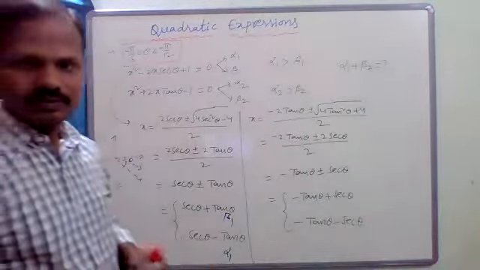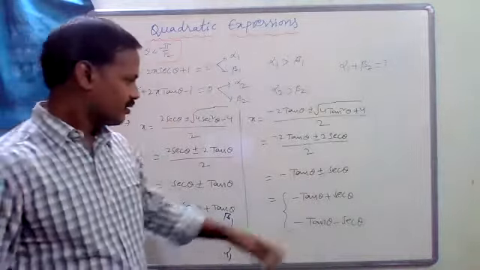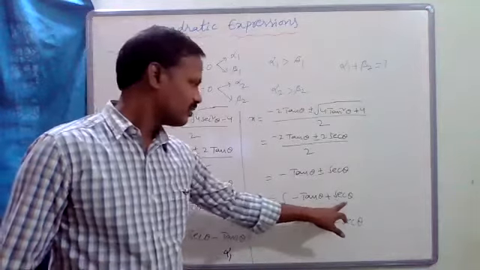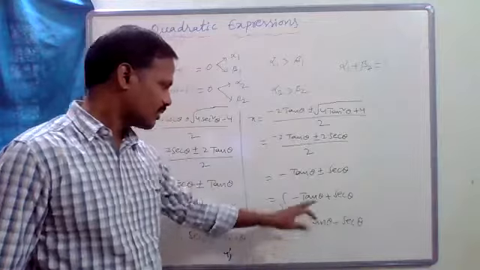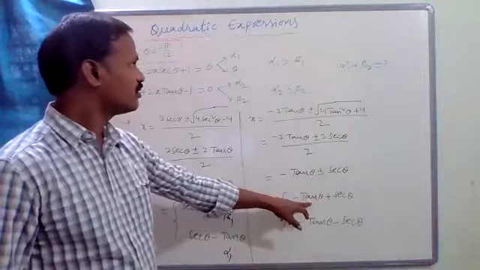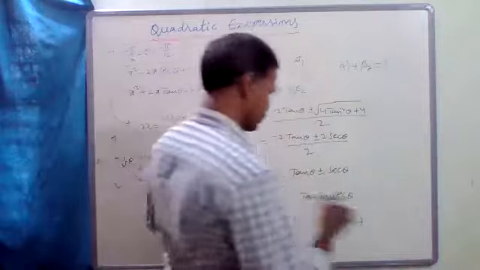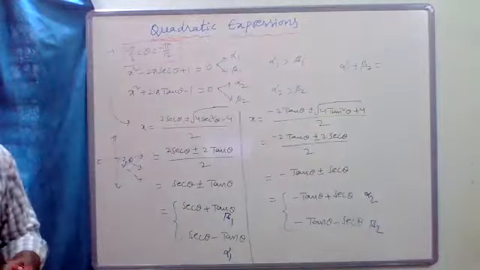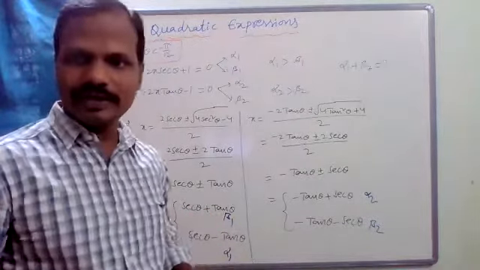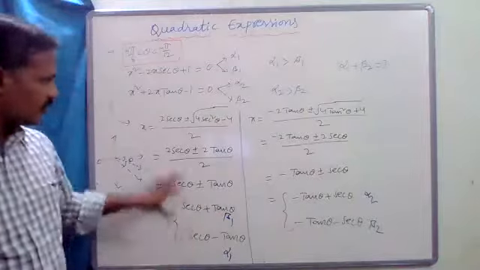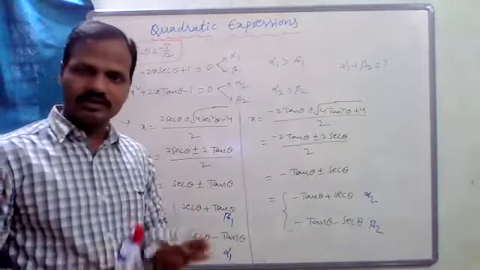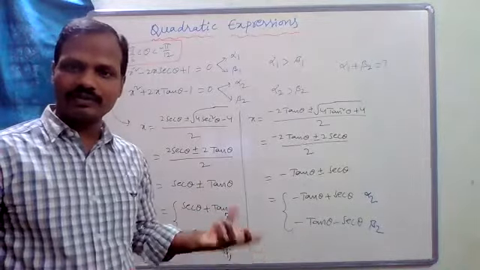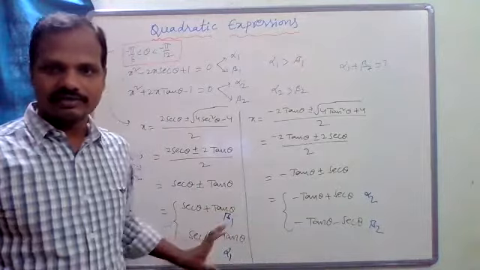And now coming to here. Minus tan theta, so this is a positive quantity. This is also a positive quantity. So this is the bigger one, which means this is alpha 2, and this is beta 2. Clear? Is it okay to everybody? So finding the roots is easy, but which one is alpha 1, which one is beta 1, which one is alpha 2, which one is beta 2, that is the somewhat difficult part here.